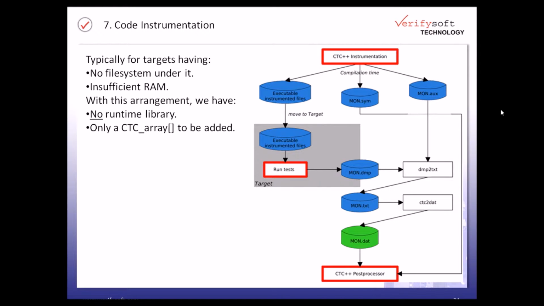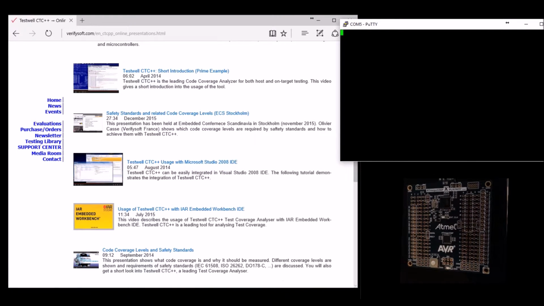So once you have this data saved here, you are able to translate this binary or proprietary format to something which is readable by CTC. It will be textual information. So we call this file mon.txt, and then we will use a utility which is called CTC2dat that will convert the textual information back to the mon.dat, and then we will be able to use the classical report generation for CTC. So let's start the